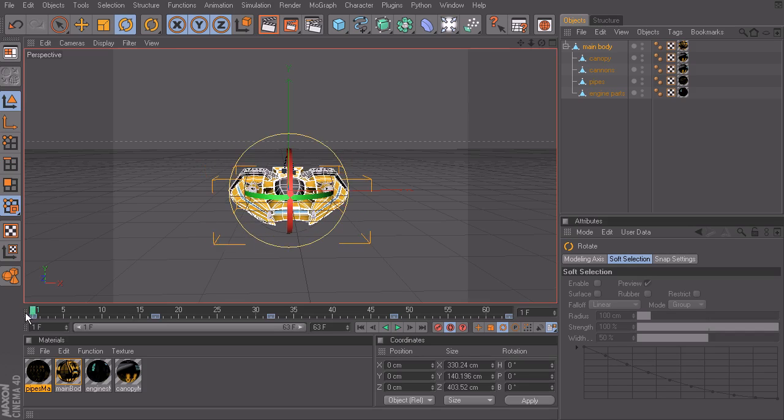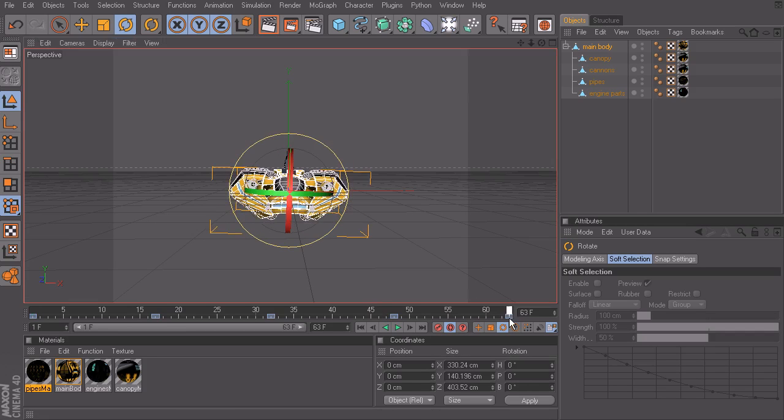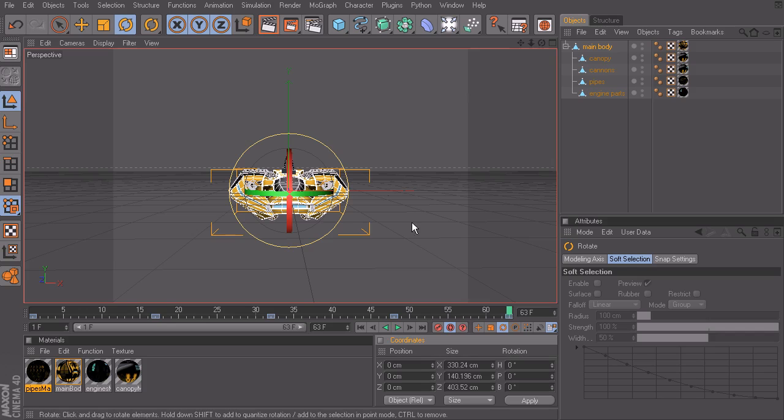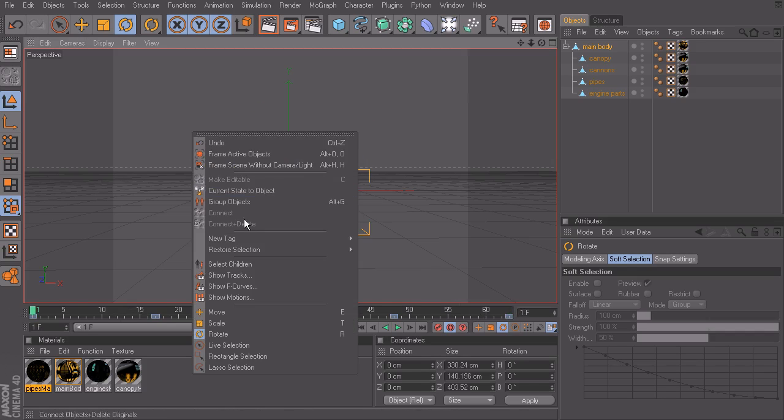We can now go to frame 1, making sure our rotation is set to 0. We can now go ahead and record a 0 key. I'll go to the end of the animation, set the rotation back to 0, and with auto key turned on, it's automatically recorded 0 keys for our rotation. Now, it's just a matter of heading back over